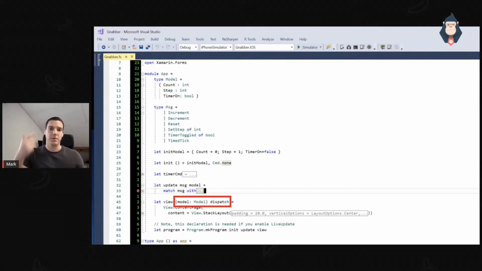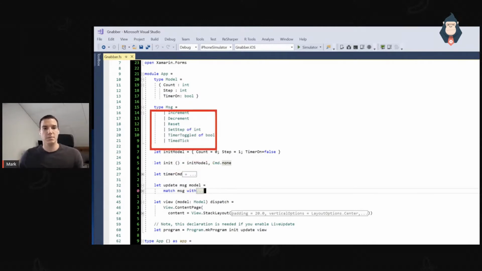So every time something updates, the view will always draw the entire UI based on the state which is current. And we also have a dispatch. Dispatch is to invoke those commands. We'll see them later on a bit more in action. Now, when we dispatch something, so if we hit the increment or decrement button, a command will be invoked, and the update method will receive that command and then process it accordingly.